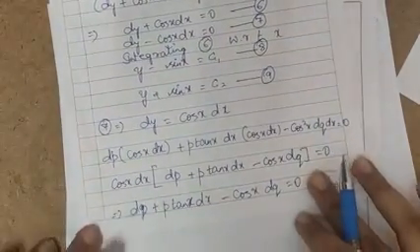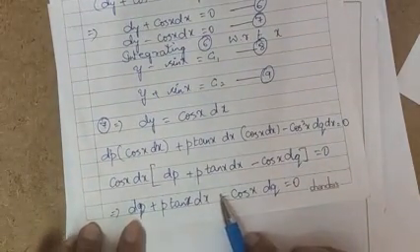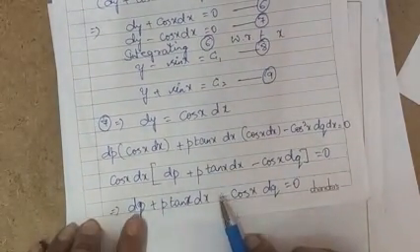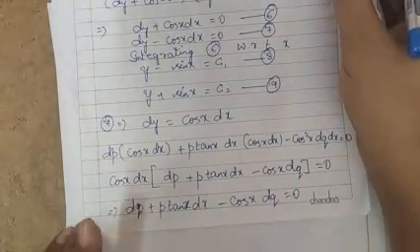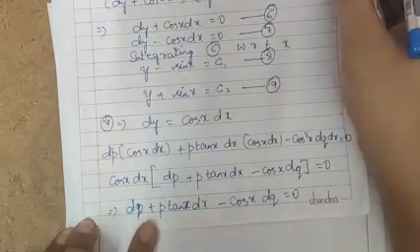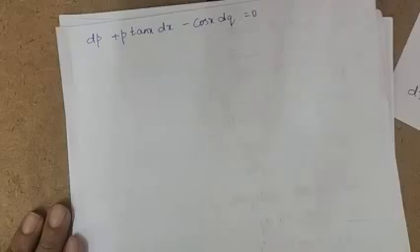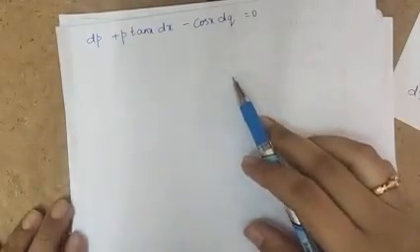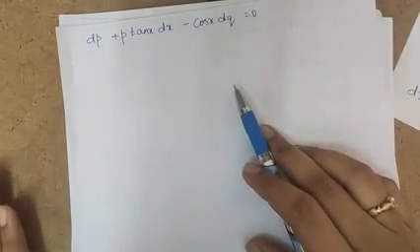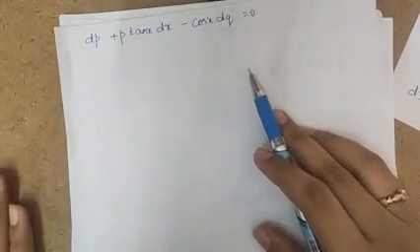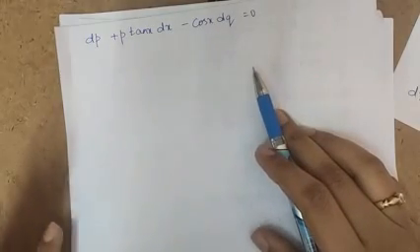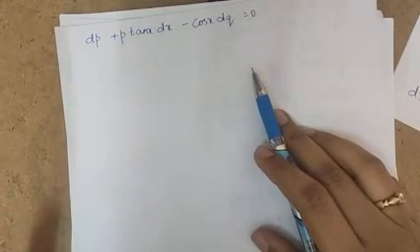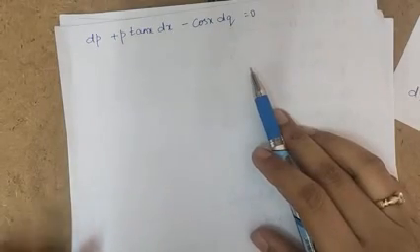Now what you will do? You will integrate this equation with respect to x. So before integrating, for simplicity, let's make some simplification here itself. Why are we doing all these steps? It's just because we want to find out the value of p as well as q, so that I can find out the complete solution for my given PDE. For that purpose, we are doing all this procedure.